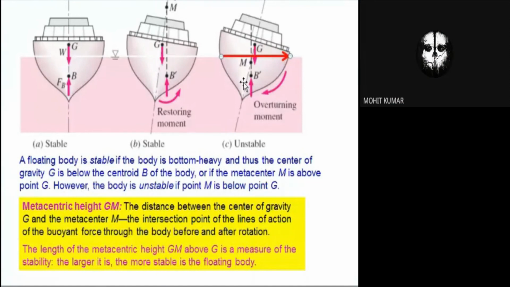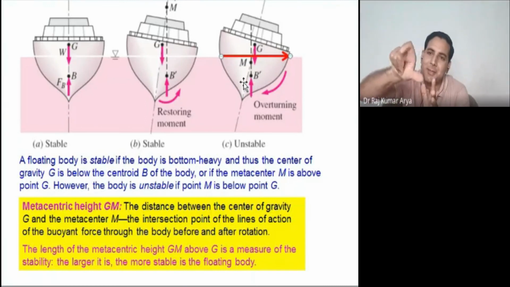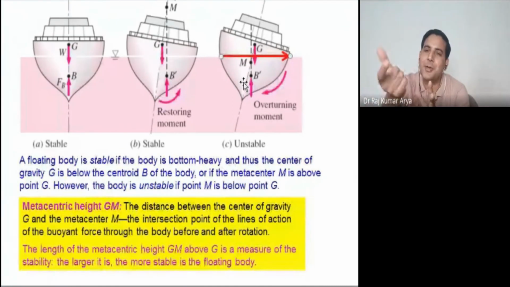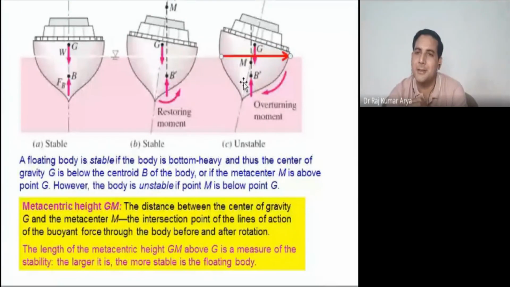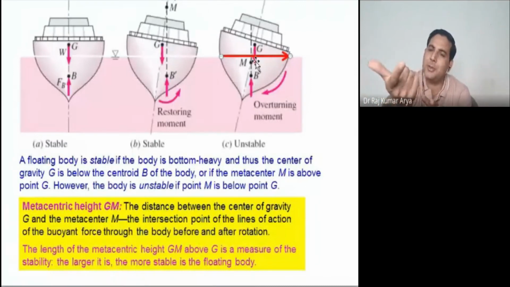It should always be positive, as long as your ship is in a stable condition. If G goes down like this, your body will topple and fall. Right? Up to here it is stable, because in the worst case it could be here also, it could be actually 0. As soon as it comes to the minus side, your body will topple down, it will overturn, and you will finally sink.